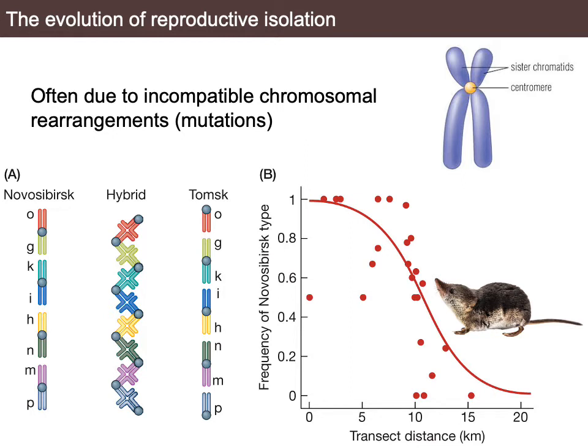Okay, so think about what a hybrid is going to receive from their parents. Okay, if they get half of the Novosibirsk genome and half of the Tomsk genome, they're going to have two of everything. They're going to have two of O, two of G, two of K, two of I, two of H, and so on, right? But then I want you to think about how they undergo meiosis, okay, and the gametes they would produce, and how those gametes would be partitioned certain chromosomes. Okay, they could end up with 2 copies of O or 0 copies of G,